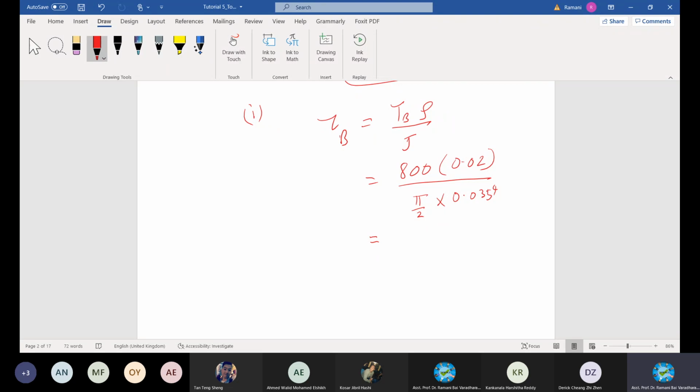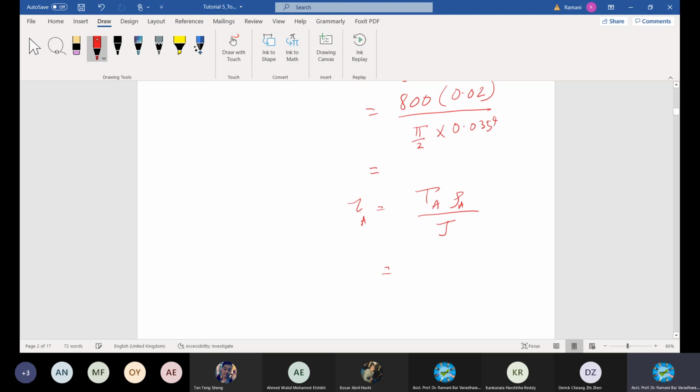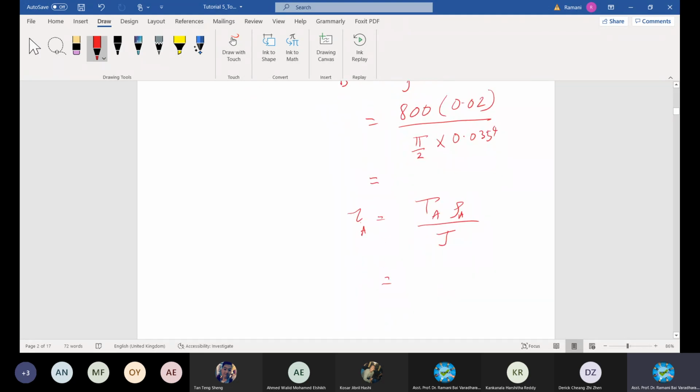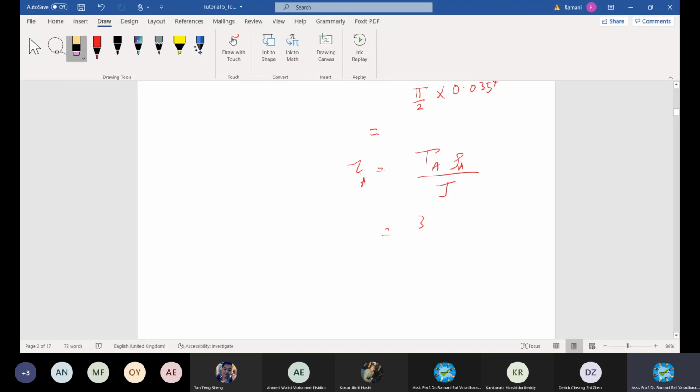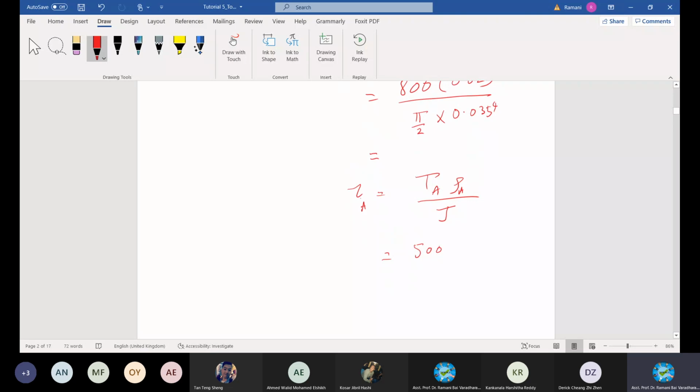How much is the answer? Quick, please. I write for A similarly while you calculate for this. Tau A is rho times, this is rho B, point of B, point of A, and then J is common because the same shaft is analyzed, right? So again, I already calculated the net value, which we found here is 500. It is 500 only at this point because it is reduced by the other moment acting. If it is not there, then 800 you have to substitute, because the other moment tries to reduce the clockwise action. Then you have the net value 500.